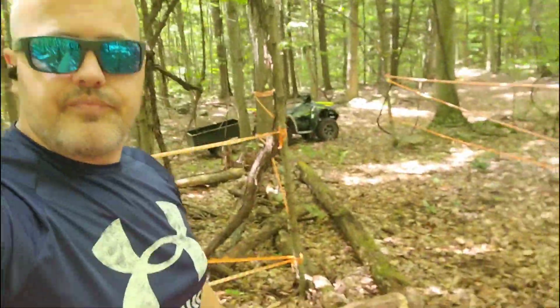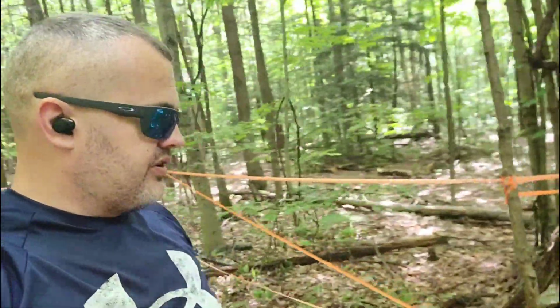Yeah, so that's what I'm doing. Cutting these up and getting these trails laid out so that we can have some more fun here on the property. So these intersecting paths, the ones that go through the middle, the outside portion is done. I'm just cleaning them up,